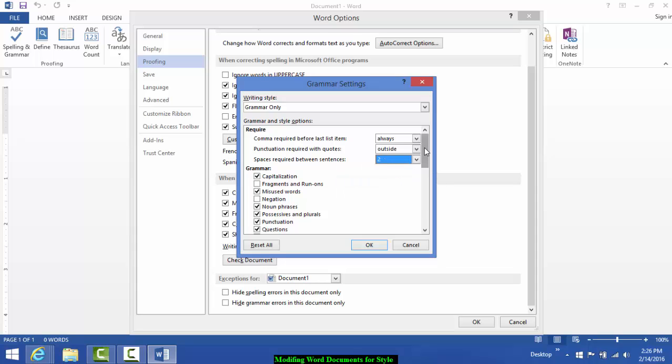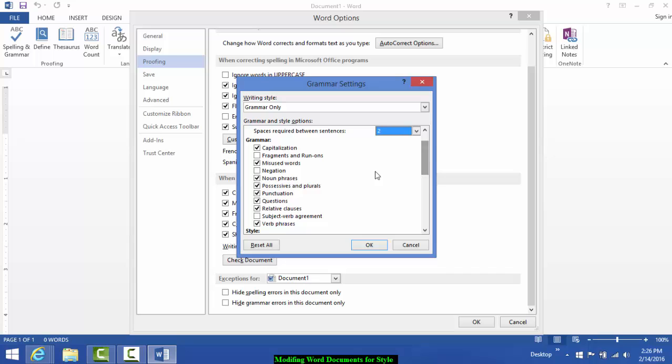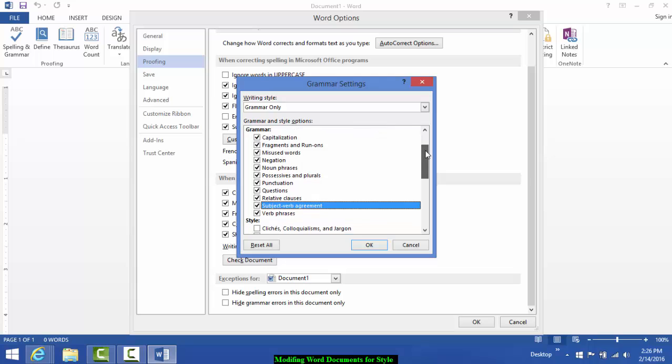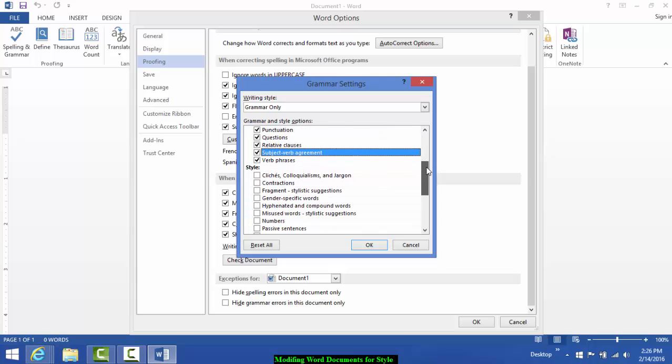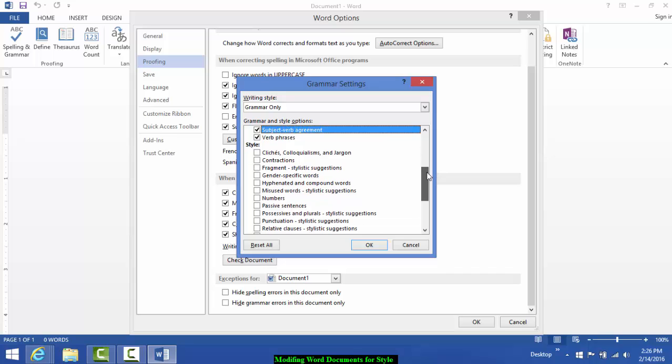So now looking down into the grammar section, you'll notice that fragments, run-on sentences are not checked by spell check. I would want it to. It does not check negation, and it does not check subject-verb agreement. Continuing to scroll down using the scroll bar on the right-hand side of the screen, you'll notice that there is